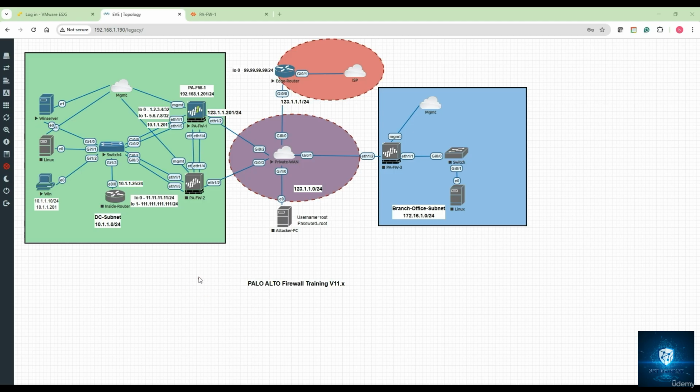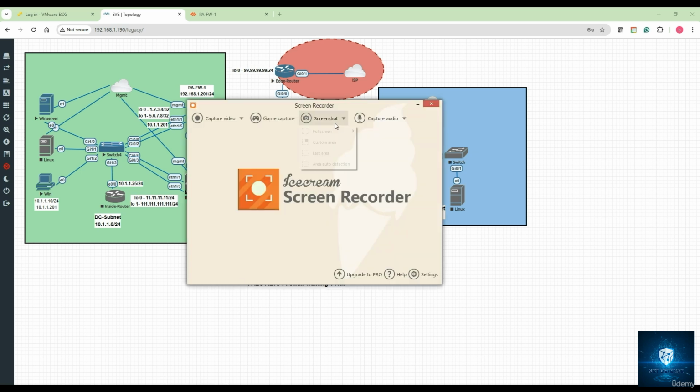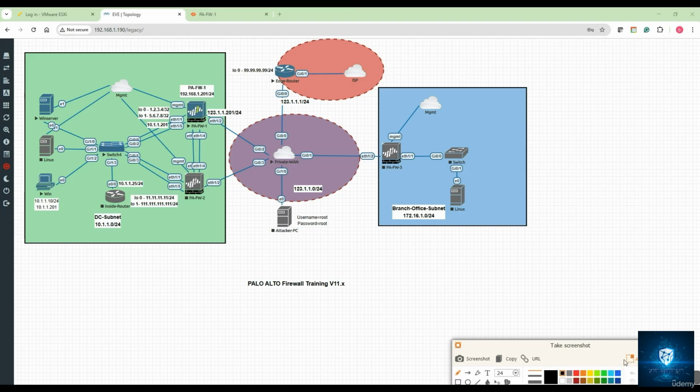Okay, so there are two things that can happen. First is when you do SSL decryption on this particular firewall, two things can happen. Let me just tell you that. First thing first is where